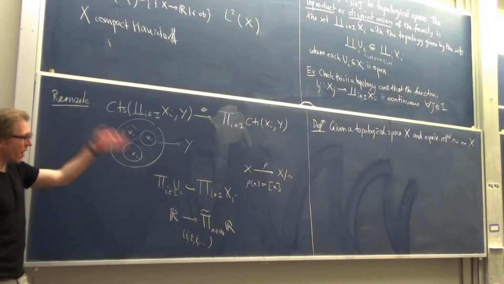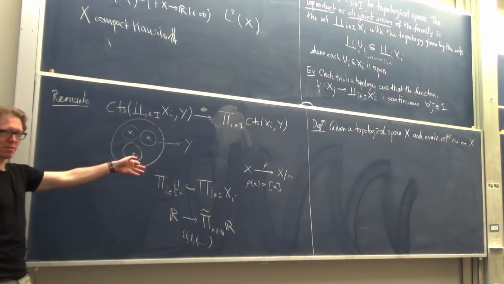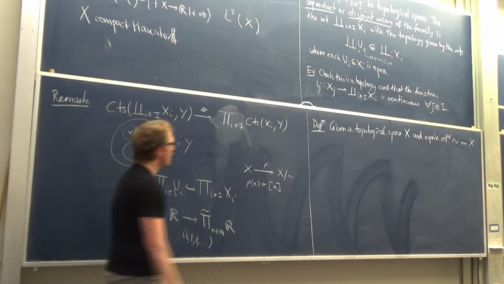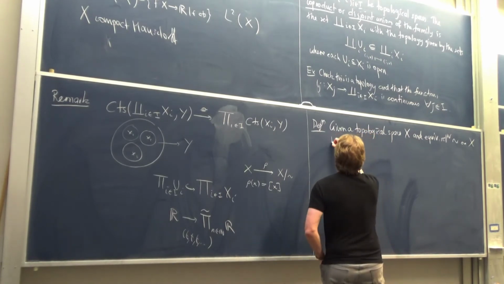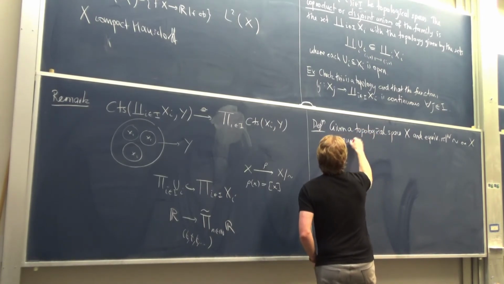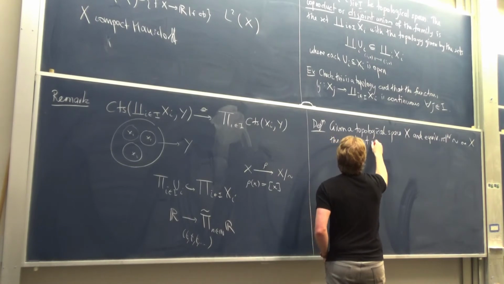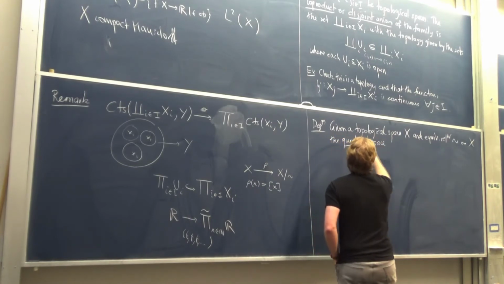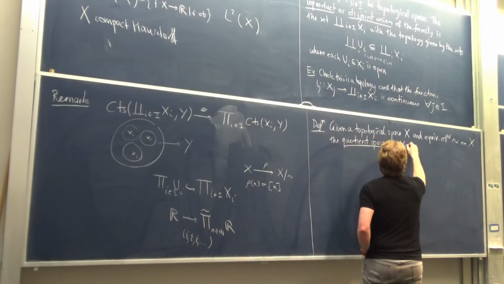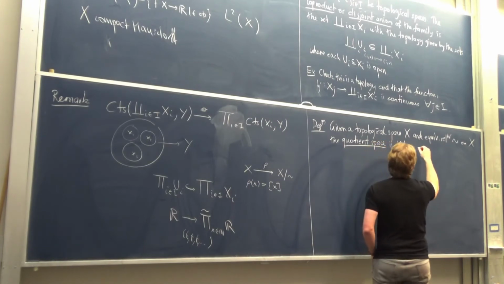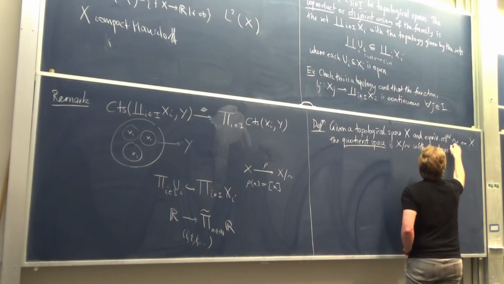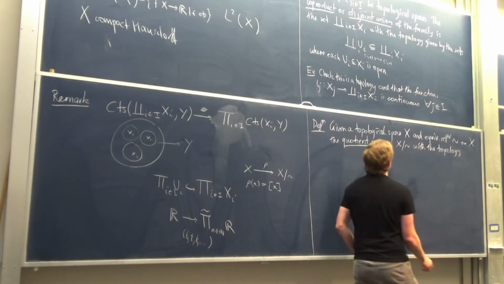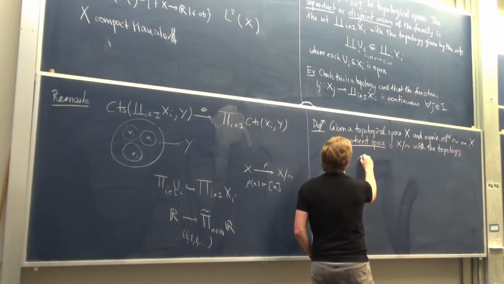So we just define the topology so that that's continuous. The quotient space is just the usual set of equivalence classes with the topology, let's write it like this. So the topology on X mod tilde